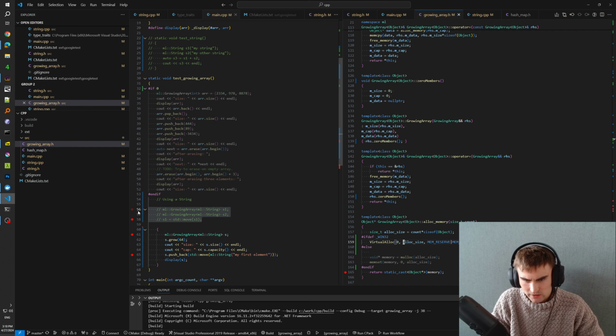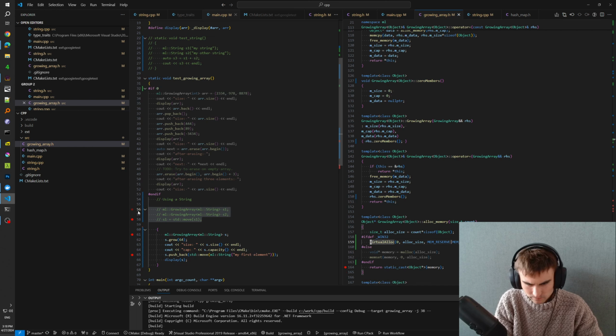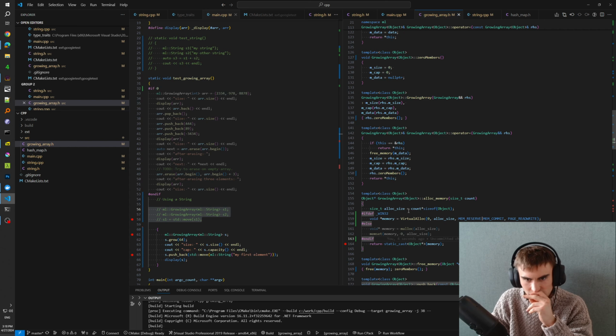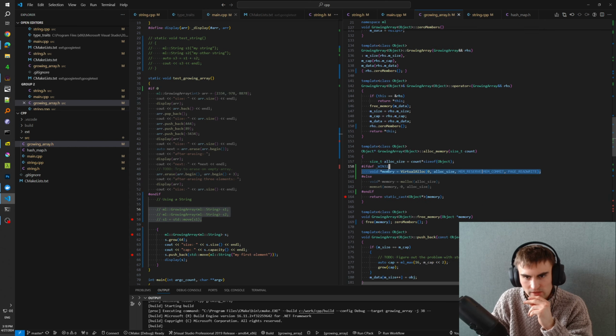PAGE_READWRITE, and this sets the memory to 0 by default, so we won't have to call memset, right? And then we return the memory, and the static cast is not even necessary. So we return the memory back,